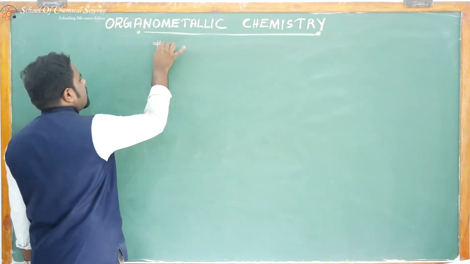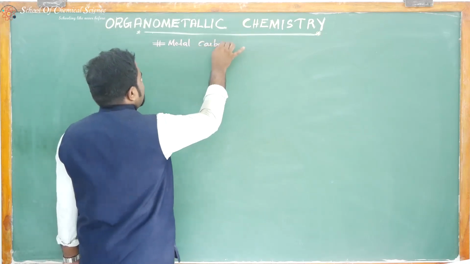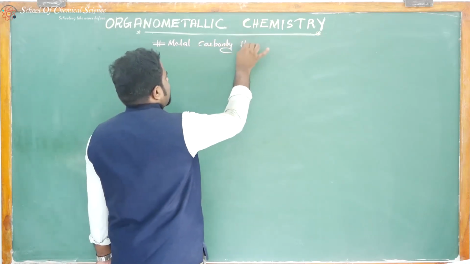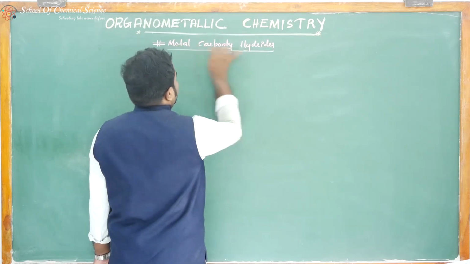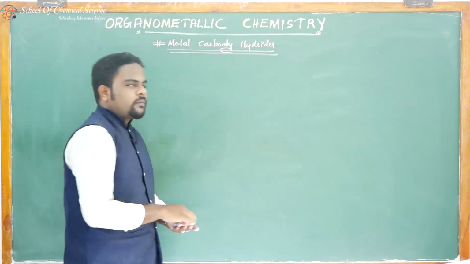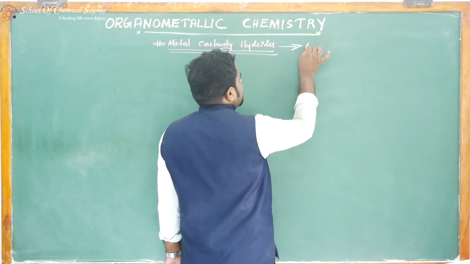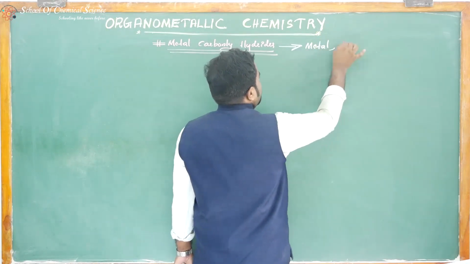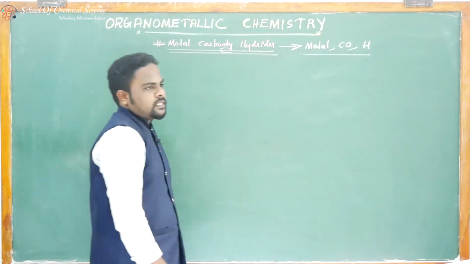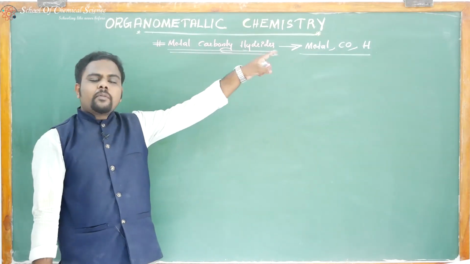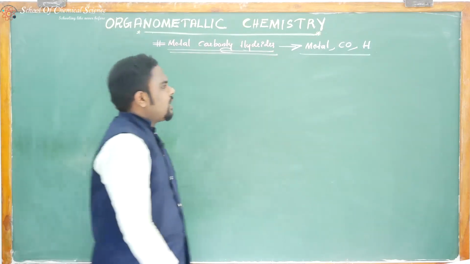that is metal carbonyl hydrides. So what are metal carbonyl hydrides? In a metal carbonyl hydride, a metal is present, carbon monoxide is present, as well as hydrogen. Metal, carbon monoxide as ligand and hydride as ligand. For example,